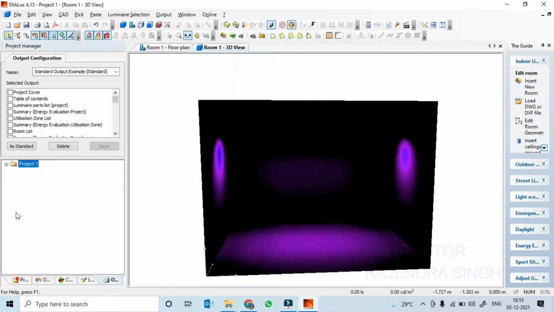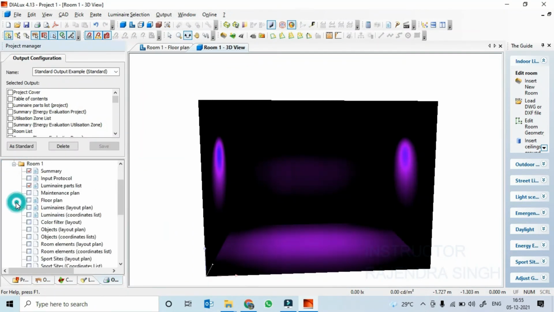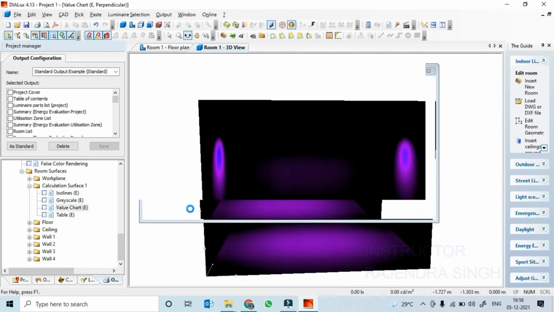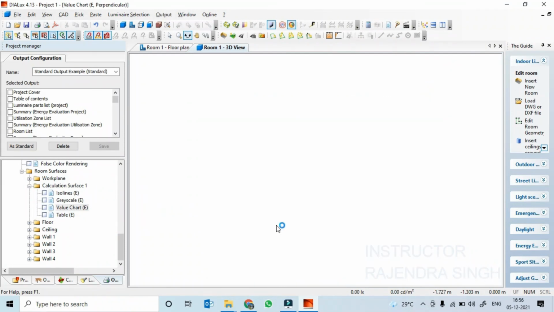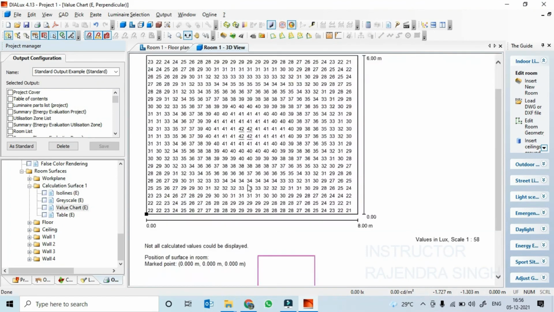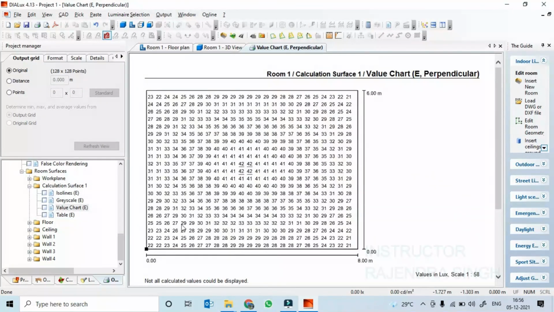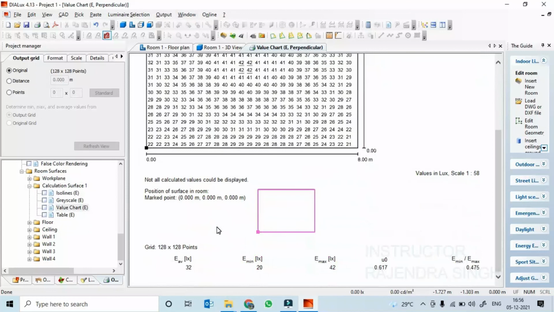You can go to the output, Project, Room 1, Room surface, Calculation surface 1, and see the value chart. So you can get an idea of how much value is coming. It will be close to 45 or so average lux, 32 lux. Accordingly you can redefine the requirement, and based on that you can have the calculation that is required.